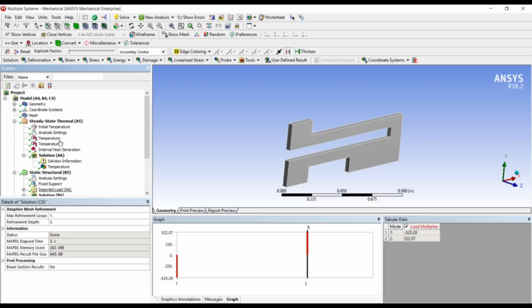That is one thing. Another thing is, you can directly apply some thermal loads inside the static structural analysis, and then take all these values into the buckling analysis system to find out the buckling modes inside eigenvalue buckling. So with this